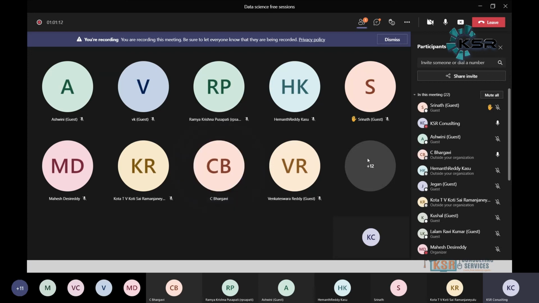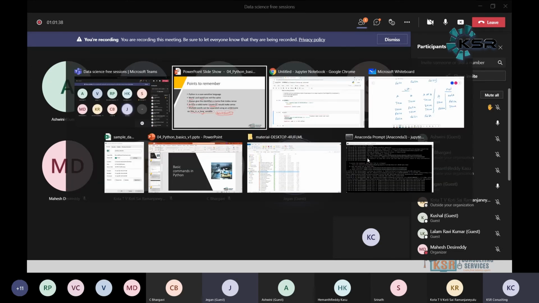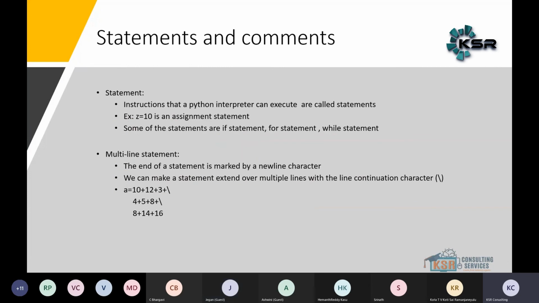You have to remember at least five, because we are going to use all these things. Okay, perfect. Jagan, can you tell me what you mean by case sensitive in Python? We should use the exact cases, upper case or lower case, whatever we are using, the same alphabets we should use. Okay, perfect.